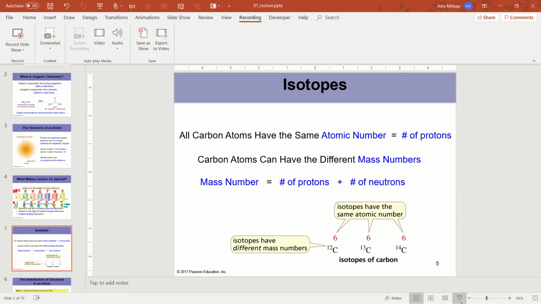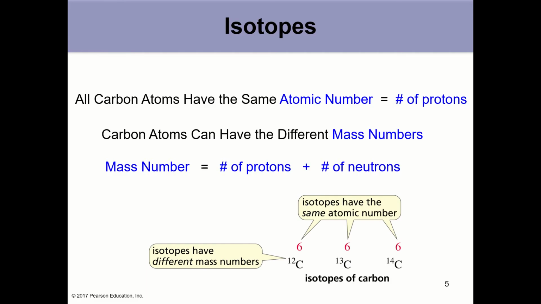Continuing our discussion of atoms. All atoms that have the same atomic number have the same number of protons, but there can be what we call isotopes of atoms, which differ in the number of neutrons and therefore differ in their mass numbers. So you should remember the difference between atomic number and mass number, right? Atomic number is the number of protons only, and the mass number is the number of protons plus the number